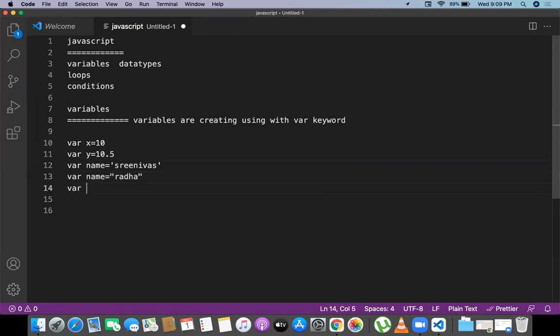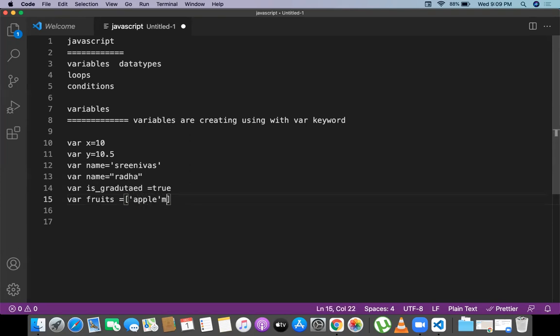Where isGraduated is equal to true or false, some boolean variable we can create, and where fruits is equal to something like an array.